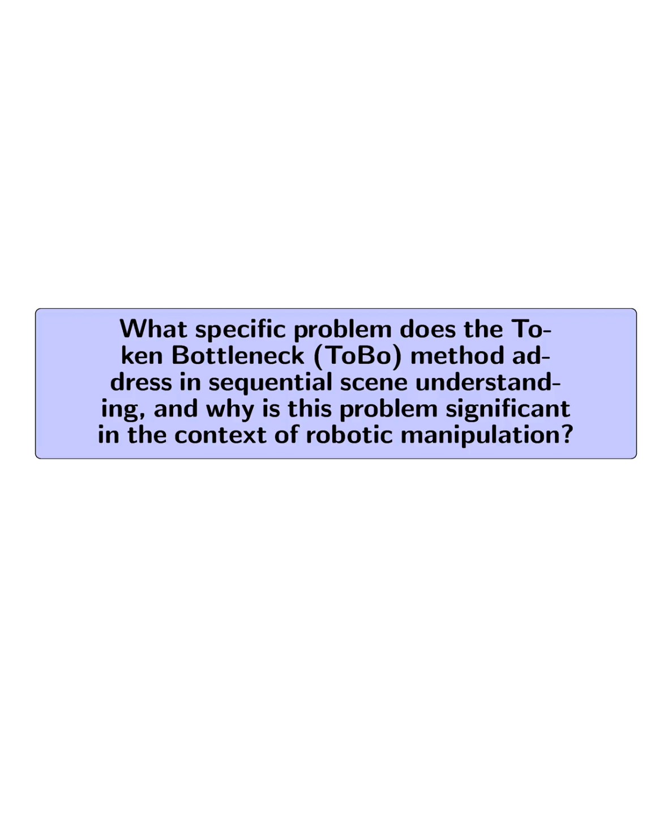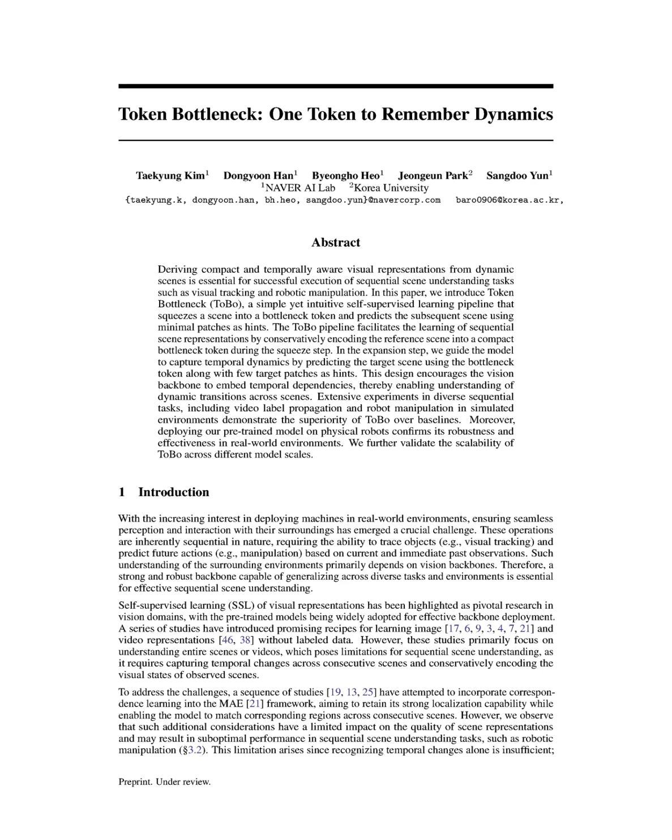What specific problem does the token bottleneck, ToBo method address in sequential scene understanding, and why is this problem significant in the context of robotic manipulation? The token bottleneck, ToBo method addresses the problem of effectively summarizing observed scenes while recognizing temporal evolution in sequential scene